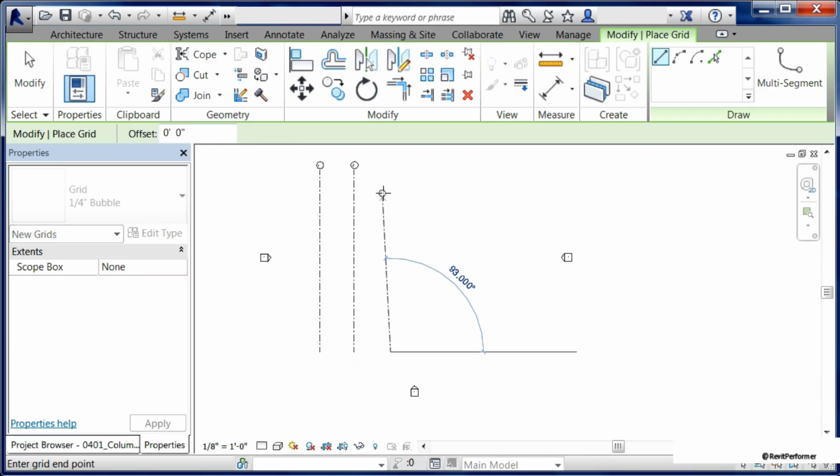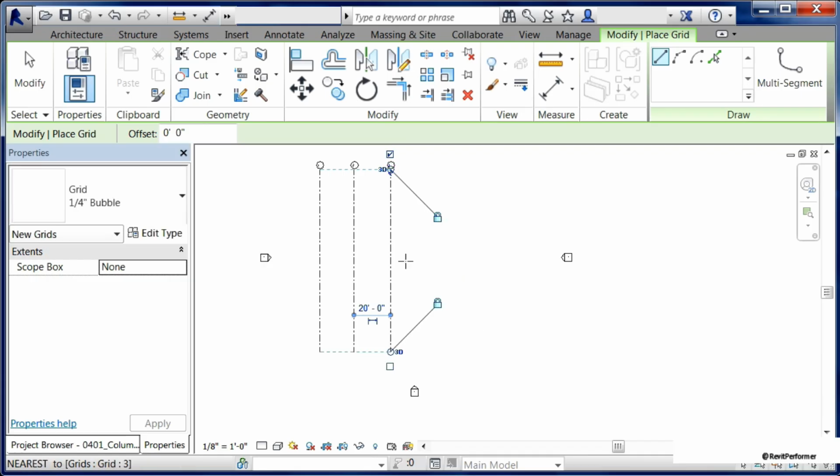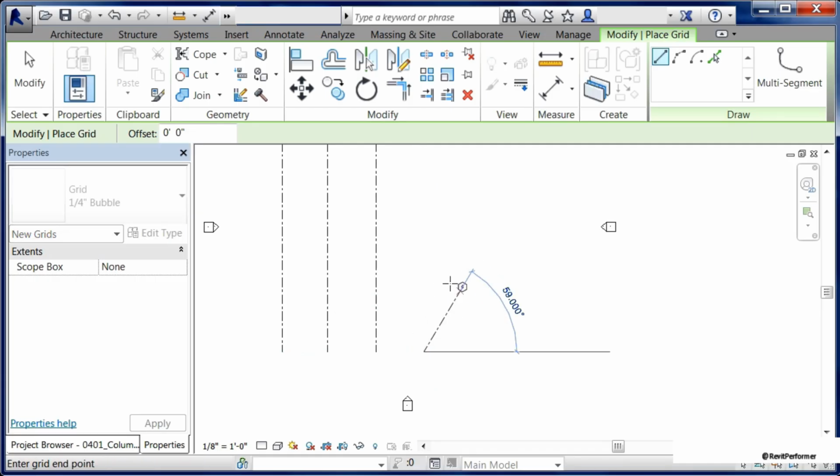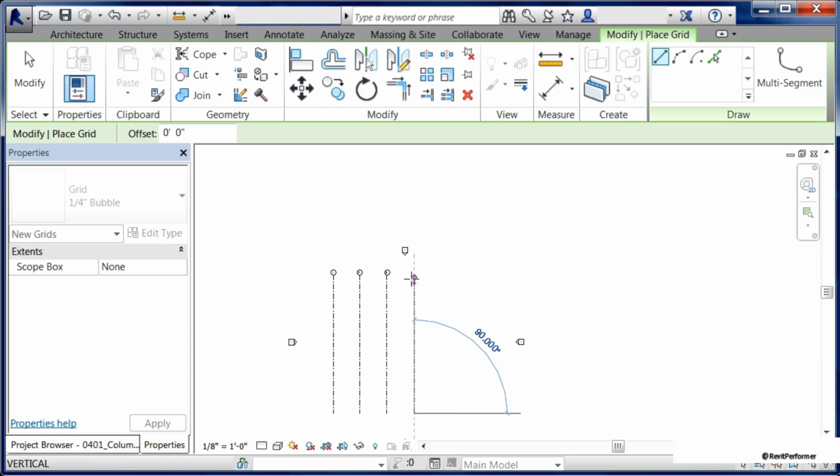Let's do the same thing for the third grid bubble. Come straight up and click again. Now, if we wanted to have a specific distance between these, we can do that as well. As soon as you see this temporary dimension show up, in this case it shows up as being 25 feet on my screen, type in 20. This is going to give us a 20-foot distance between the first one that we place and the next one that we place. Hit enter, and you can see that it's now made a 20-foot spacing between this one, which was the last one that we had placed, and this one, which is the spot that we just clicked.